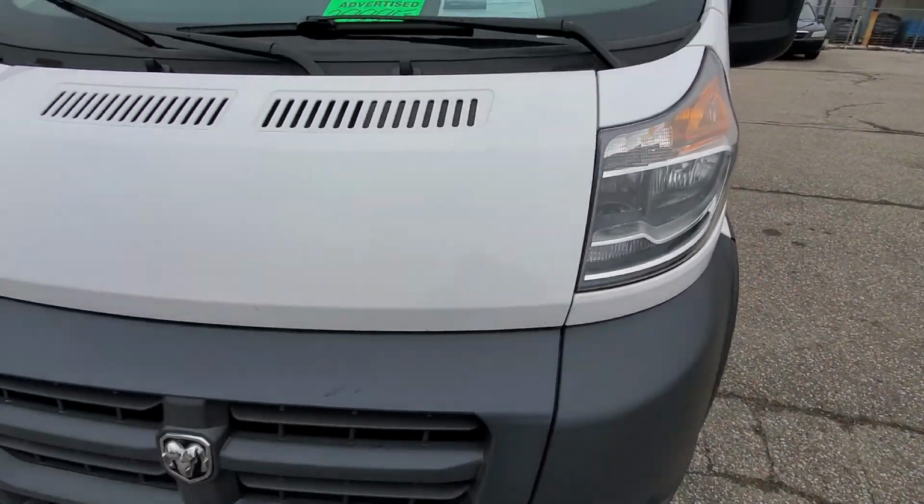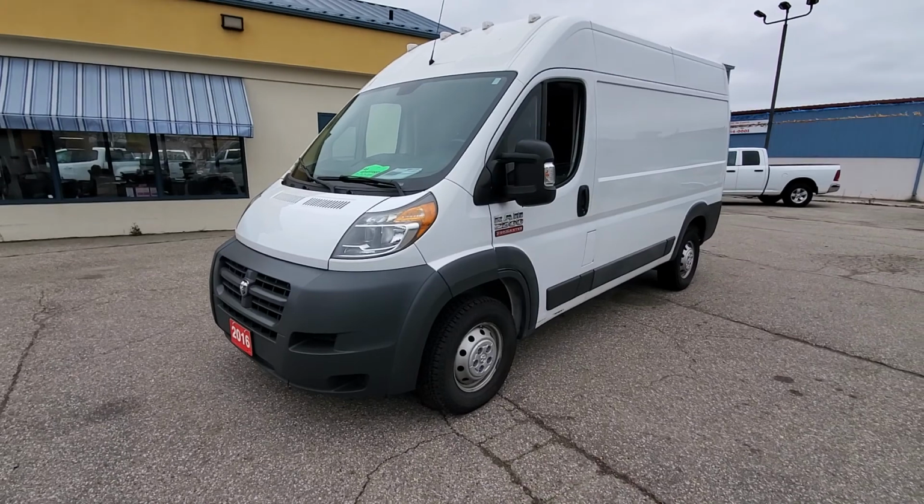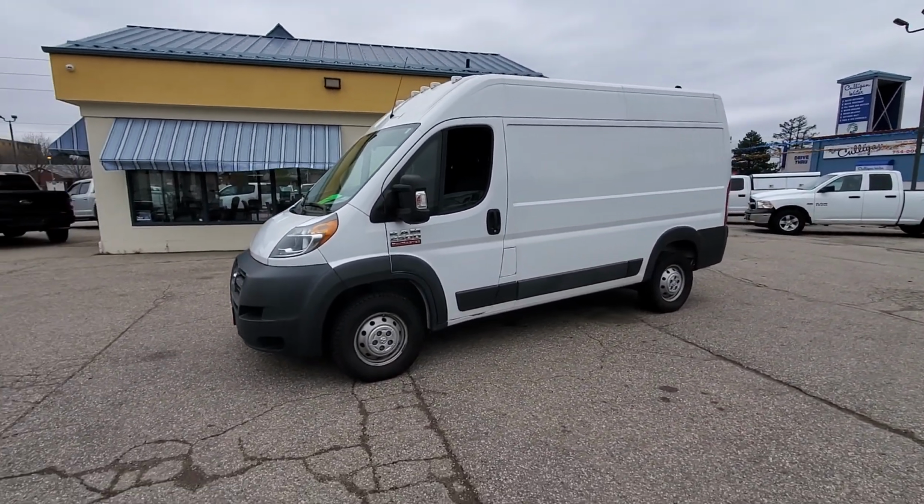I also did an OBD diagnostic scan, and we have no codes present and no cleared codes or anything of that nature. So there you have it, 2016